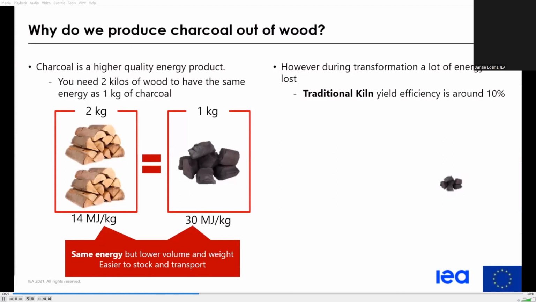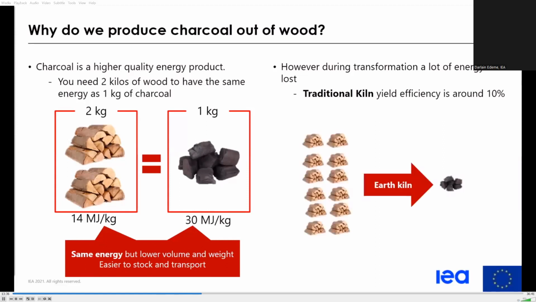Therefore, it can lead to deforestation if it is not done in a sustainable way and will affect the environment. However, with an improved kiln, it can be better and the yield efficiency is around 30%. And you can also use charcoal in an improved kiln to produce biofuels and